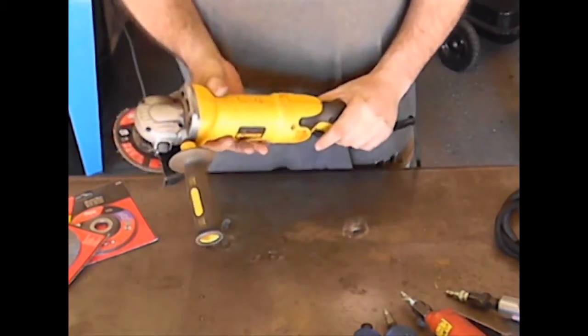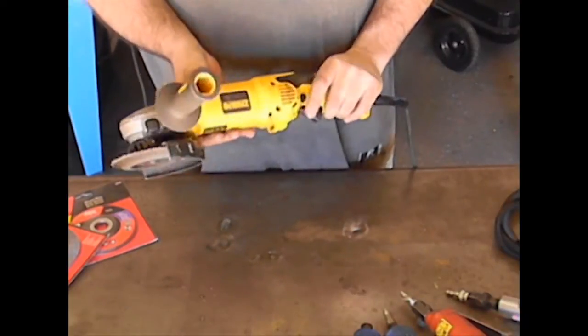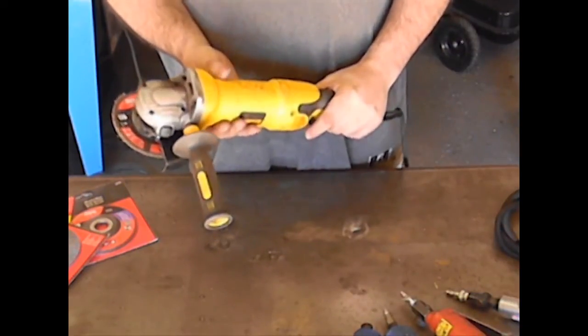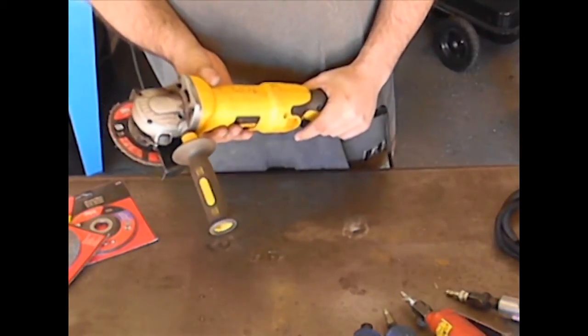Those typically don't have as many amps as the one with the trigger in the back. If you look at the packages, you'll find that there's a big difference in the amount of power these things can put out. Now this particular one is rated for 13 amps, so that's more powerful than some 7-inch disc grinders that are out there. Now this is the one that I choose, and I'm going to show you side by side